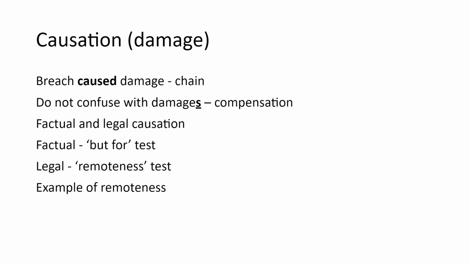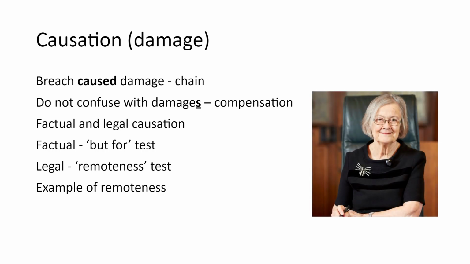And an example of remoteness is it's like cutting off the compensation at a certain point. It's when it is too far away from the original negligent act to actually be compensated anymore. So if, for example, someone reversed into my car and my car then had to go to the garage and I had to have a hire car, and then on my way to an interview for a job as a part-time judge, I had